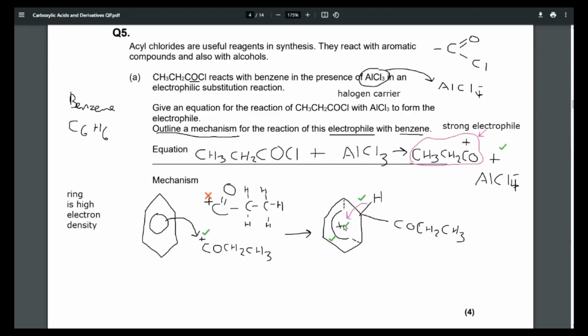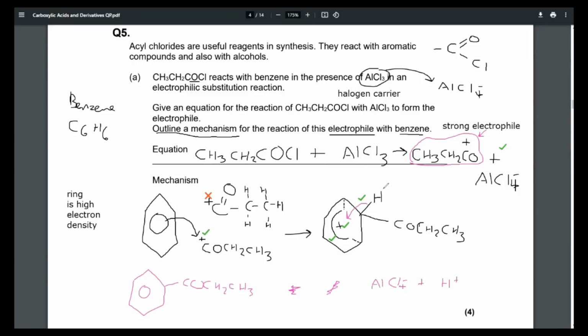What I'm going to do now is go ahead and show you something that you don't need. You don't need any of this, but it's what it would look like afterwards and how we regenerate the halogen carrier. So this is useful just for your knowledge, for your revision. You might get a question on it. Well, here we go. Here's our final structure. So what the hell's that? Yep, it's a ketone of some sort because we've got the carbonyl group in between. We've also got our